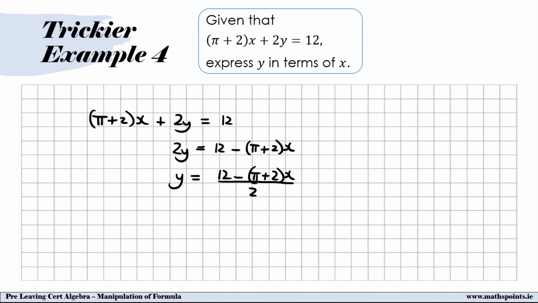So 4 fairly straightforward examples, but remember that these are in the context of a greater, more difficult question where originally we would have to form this equation, and then when we get our solution at the end, there's further work to be done with that. So we're just looking at how the manipulation of formula is really important as a